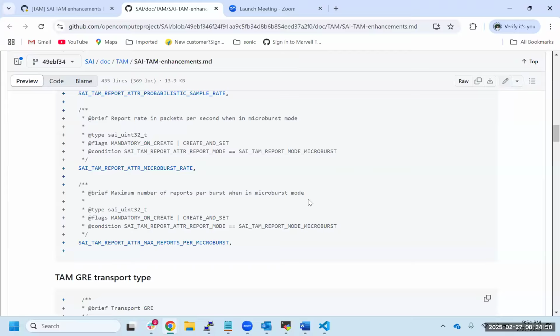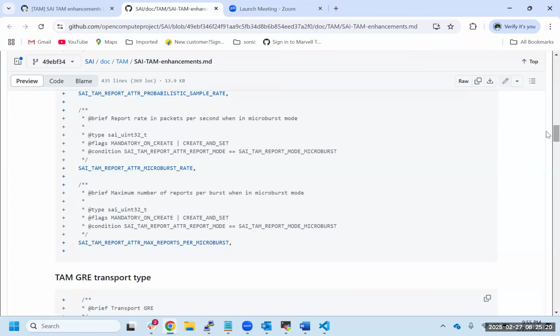Why we didn't cover it here is because that's already existing in SciTAM, but that is for that particular mode. This TAM report attribute is generic, right? So I thought you're detecting a microburst on the report. No. Maybe like what Jay was asking in the previous question, the events get generated. Every packet that comes in after the queue length threshold is breached, those are all events.